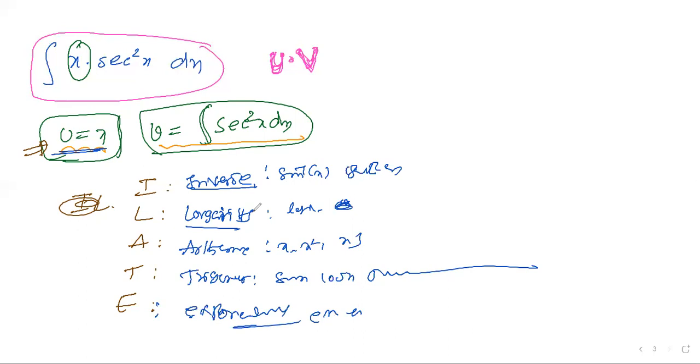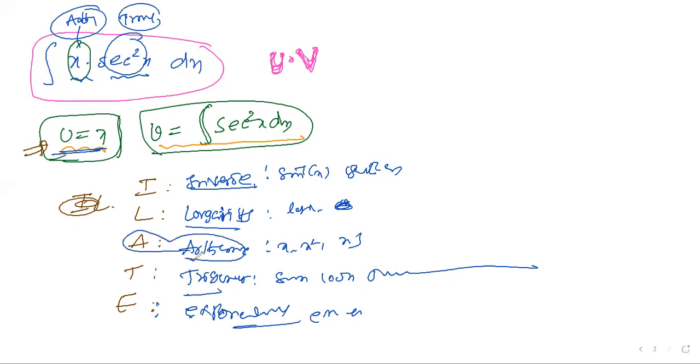So first, after taking a question, there should be two terms, or else you make it two terms. Here we have x and secant x square. Out of this, which should I take? One is arithmetic. The other one is a trigonometric function. Out of this, in the order, which is coming first? Arithmetic is coming first. So I took x as u. The rest of the thing, including the integration sign, I'll take as the other one, v. This is a very, very important concept. You have to take it this way. Am I clear?